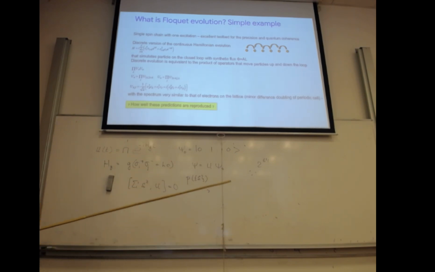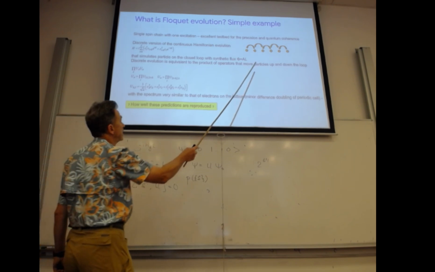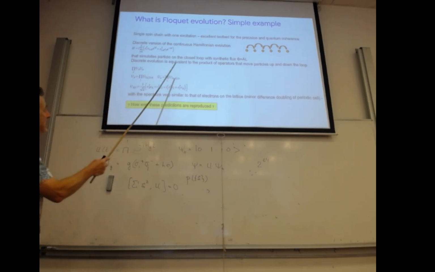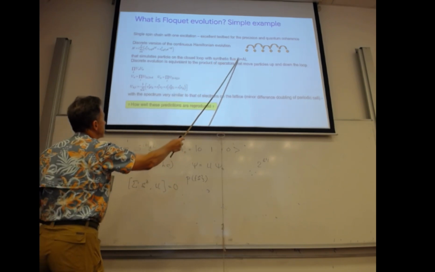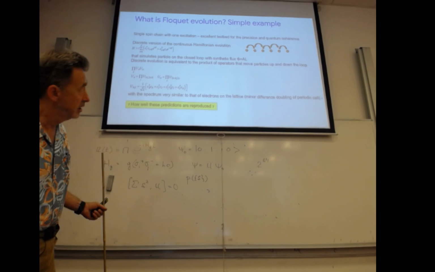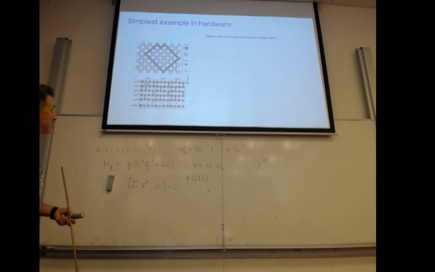qubit in state 1, and this qubit in state 1 can be regarded as a particle which hops on a one-dimensional chain. We moreover consider closed loops and put some synthetic flux in this loop, because we could do that since we do the gates. So that was discrete evolution in which we applied these operators alternately on even and odd links, and we just studied the spectrum of this problem